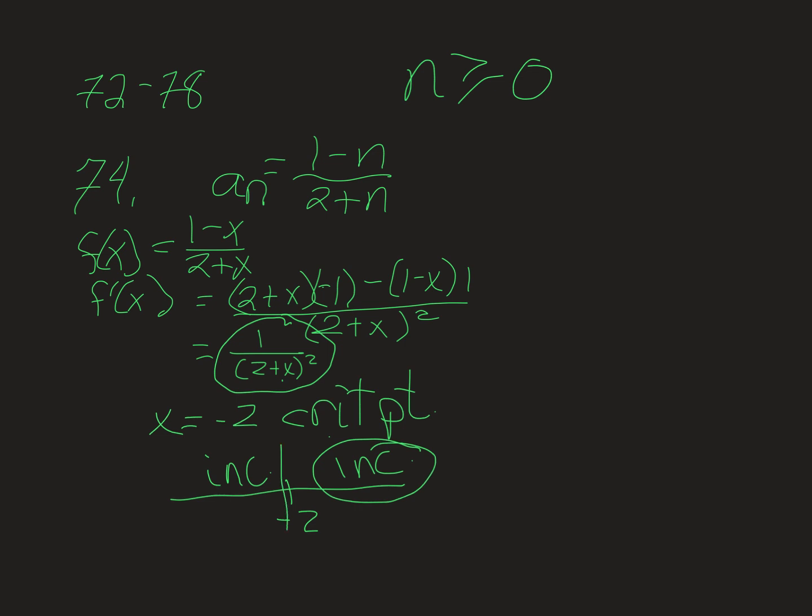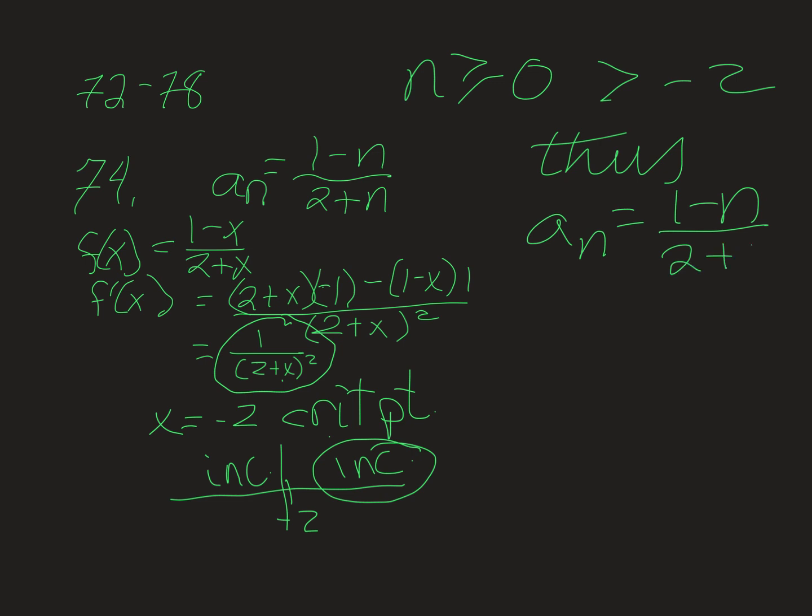But we know from this piece of information that the function is always increasing when the x values are bigger than negative 2, and certainly n greater than or equal to 0 is larger than negative 2. This is greater than negative 2, thus